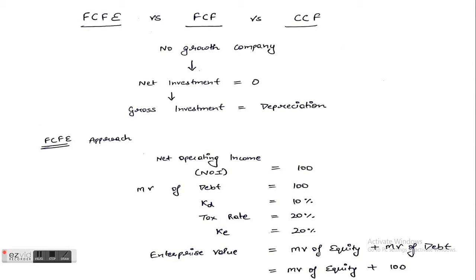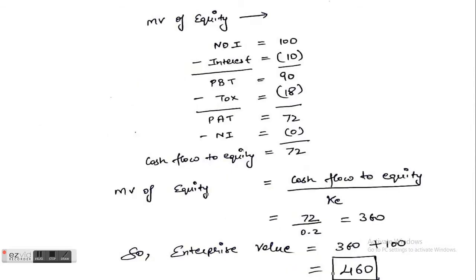And as we know the enterprise value formula now, we can easily plug in the value of market value of debt, which is 100 as stated in the question itself. In order to calculate the market value of equity, we'll have to subtract the interest on the debt from net operating income, which is 100 minus 10. How do we derive this 10? This 10 is 10%, which is cost of debt, multiplied by 100, which is market value of debt. This gives us a profit before tax of 90. 20% of this will go to the tax, hence the tax comes out to be 18